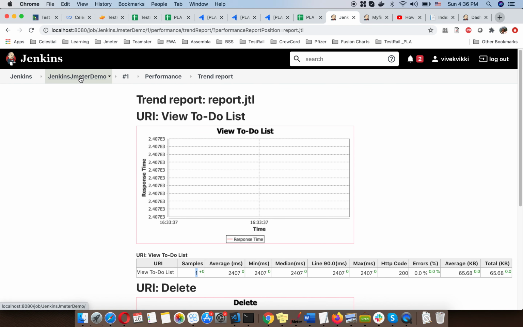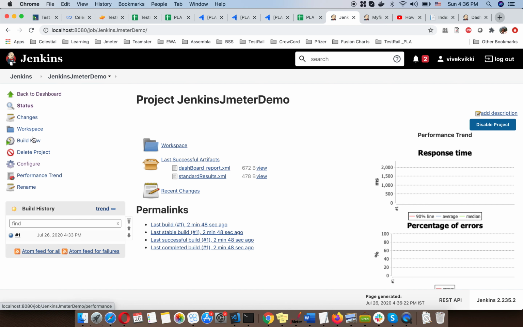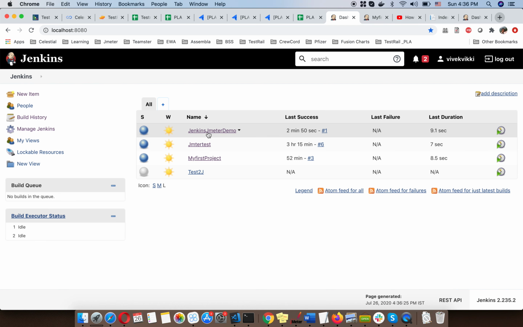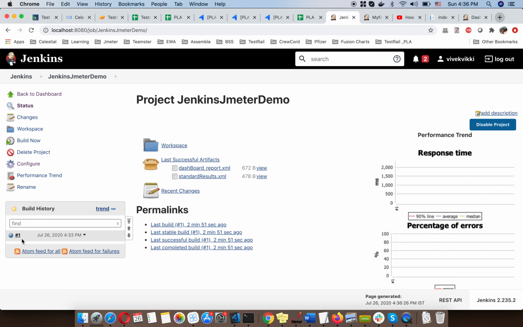If we again go to this particular project, go to the dashboard and click your project, you can see this build succeeded or executed on July 26 at this particular time. Whatever your team members or client use Jenkins for your project, if everybody is on the same page, they can see your result.